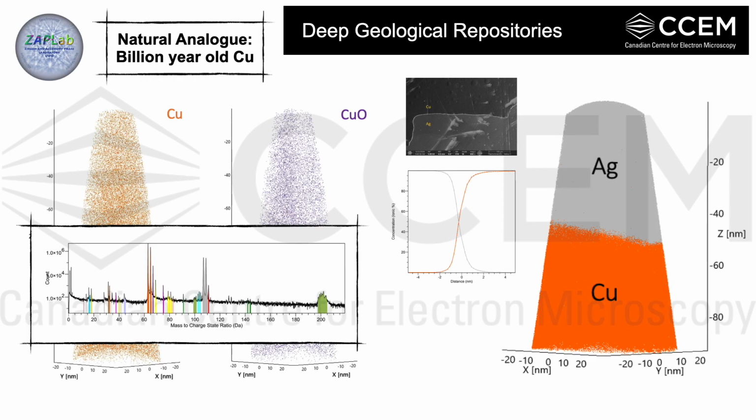And where this work links with geologic materials is that we can use natural analogs, such as natural copper, to study these systems, as natural copper can exist intact for millions of years. And the data shown here was collected at CCM as part of the PhD project of Emily Landry from the ZAP lab at Western University. And they are looking to characterize the texture, mineralogical associations, and strain history of the copper. And they're doing this using a workflow of multiple instruments such as EDS, EBSD, XRM, and atom probe.